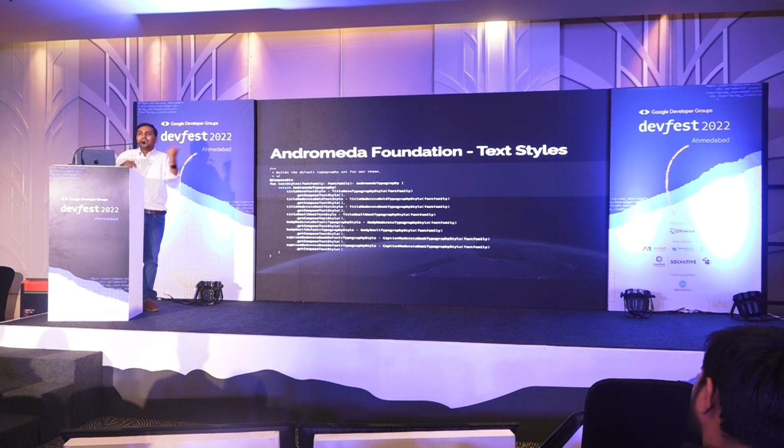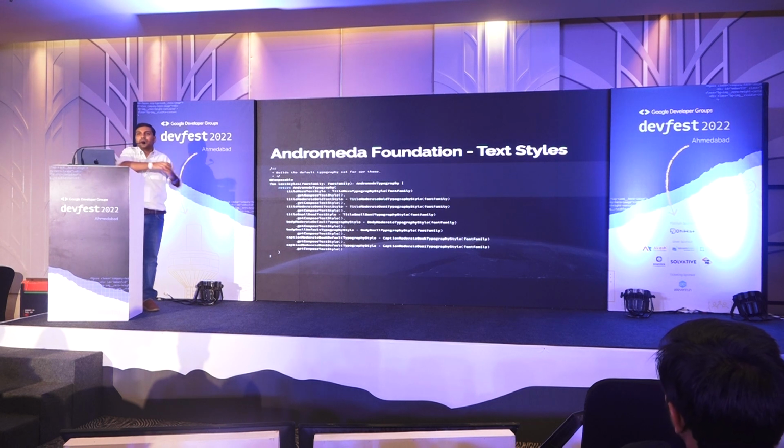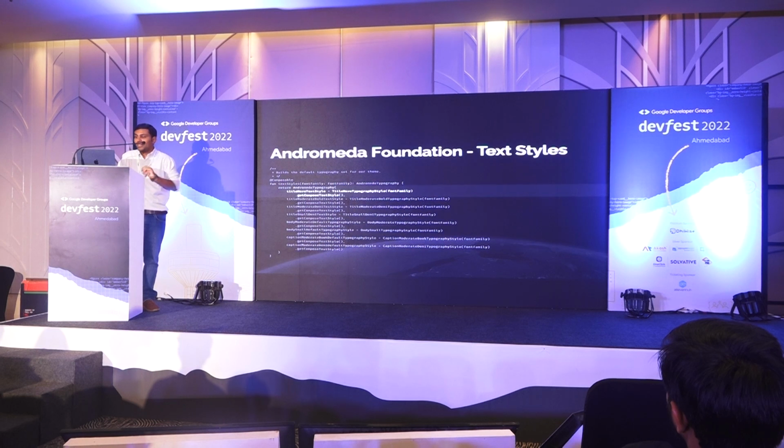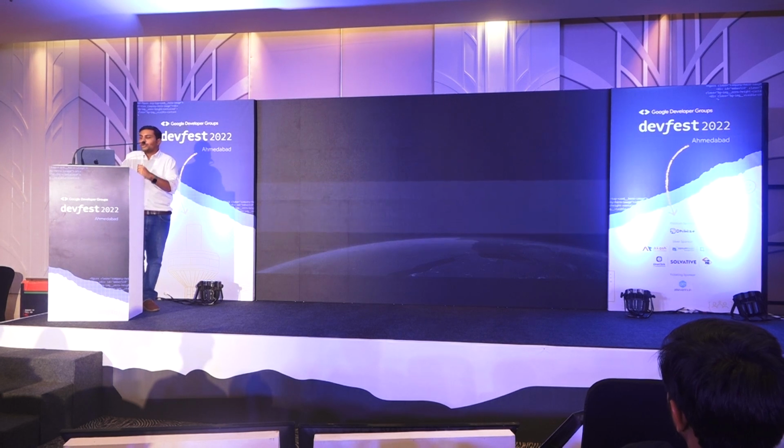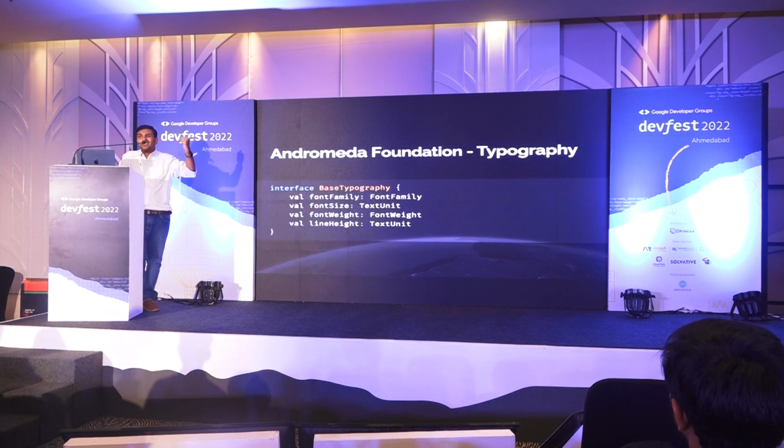In Compose you would say text, and inside it you will pass the style. Or you would give it a font weight, you would give it a typography and so forth, okay? Sorry, I also have 5 more minutes, but I'm still gonna try and push through what all of this is. So this is the interface I was talking about. I'm giving a font family, the weight, the size of it and line spacing